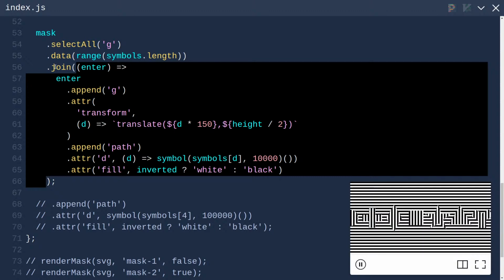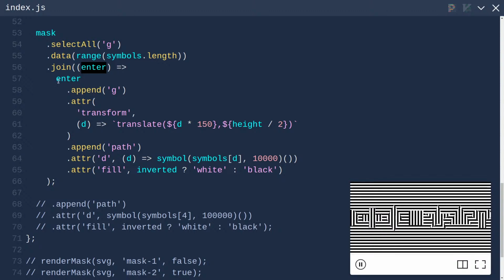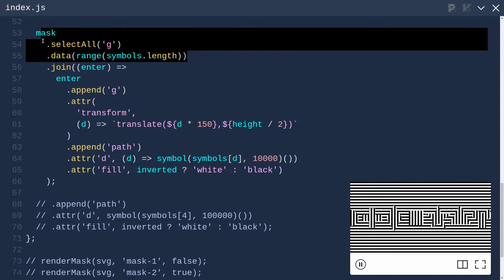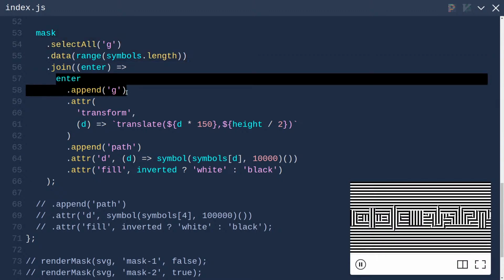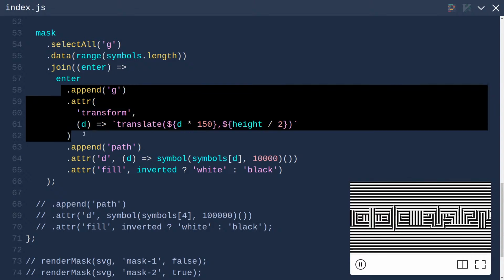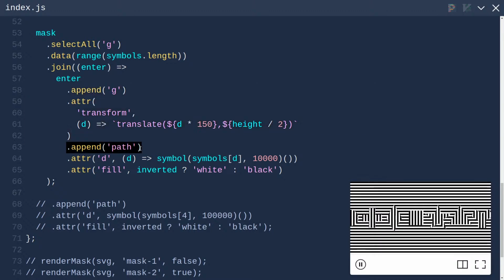Yeah, so it passes in the enter selection, and the enter selection is populated with the case where there is no corresponding group element for a given data element, which is the case for all of them when this runs. That's why enter.append g will append a group element for each and every entry in our array here, for each and every symbol. And then, after appending that group element and setting the transform, we append to that group element a path. And then .attr d,